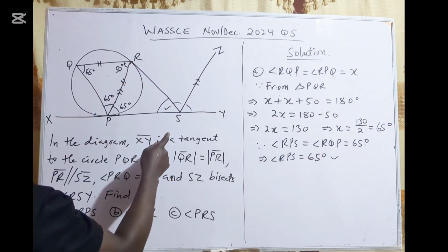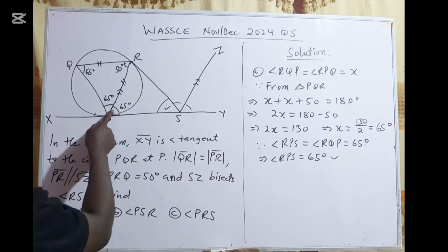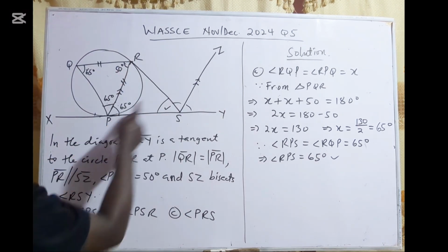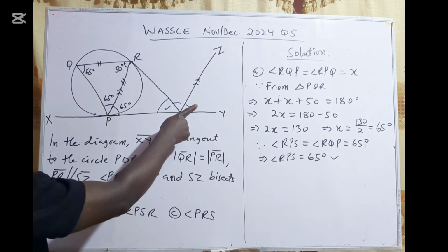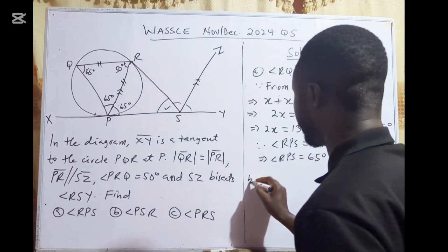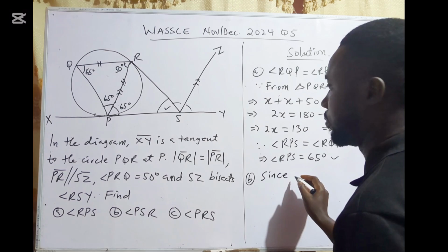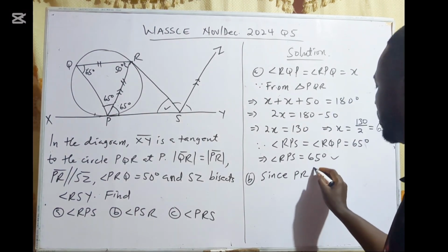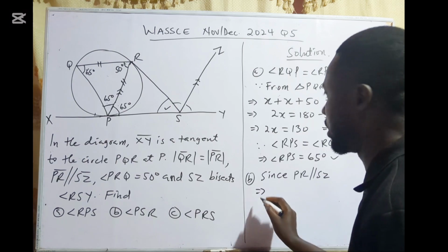This line bisects what? It bisects angle RSY. Okay, so if here is 65, but this line is parallel to this line, then it will correspond with this particular side here. So you can say that since PR is parallel to XZ, then it implies that